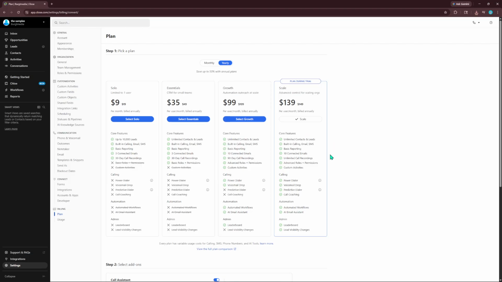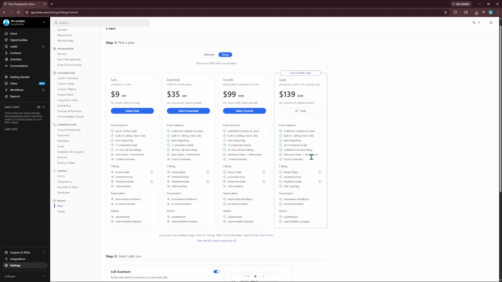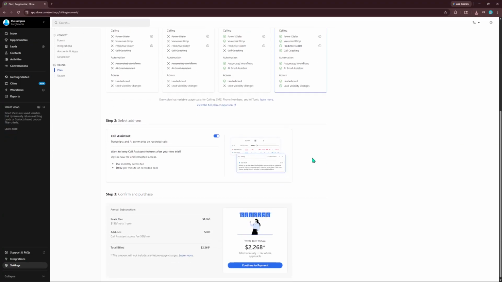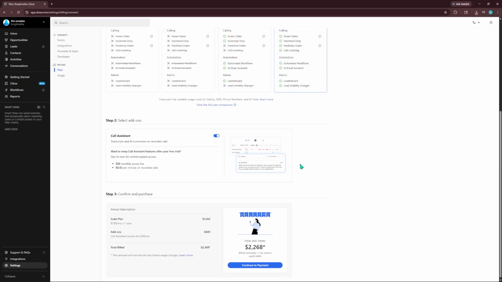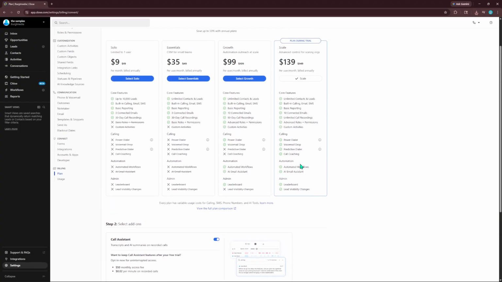It's typically visible only if you are currently subscribed to a paid plan. This is your final step in the cancellation process. Clicking on Cancel Subscription will guide you through the necessary steps to terminate your plan. Be sure to follow any prompts carefully, as they may include important information about the cancellation, such as cutoff dates